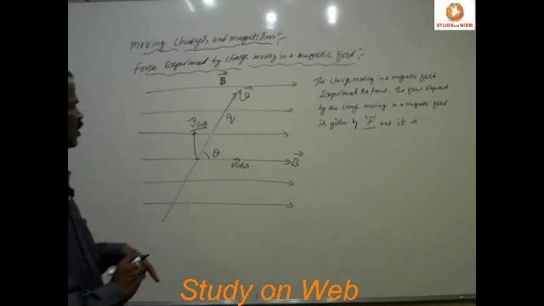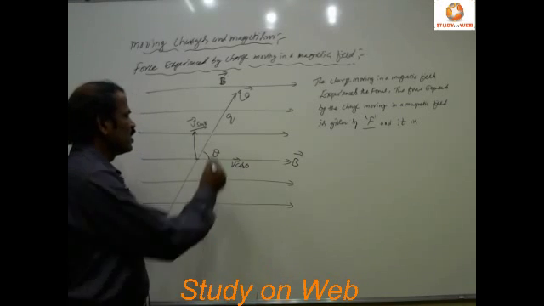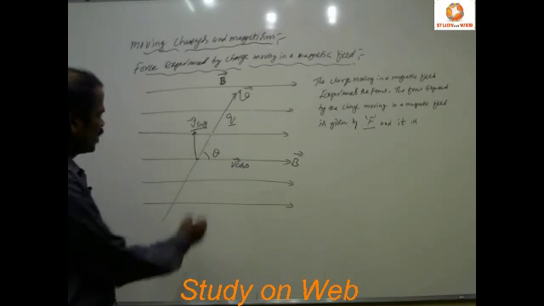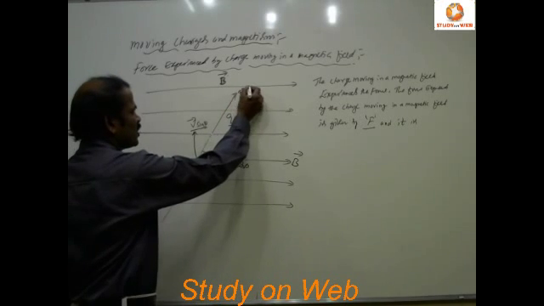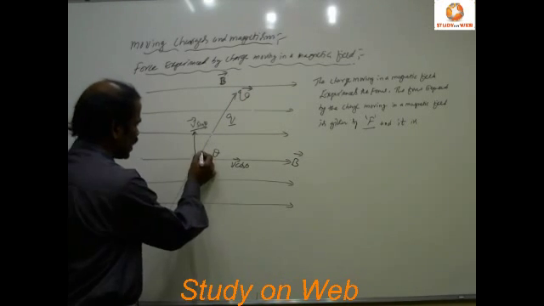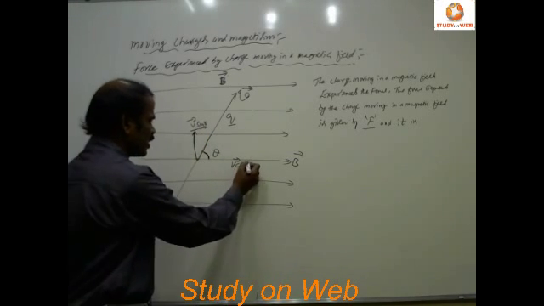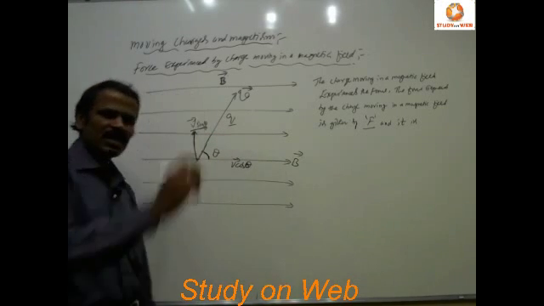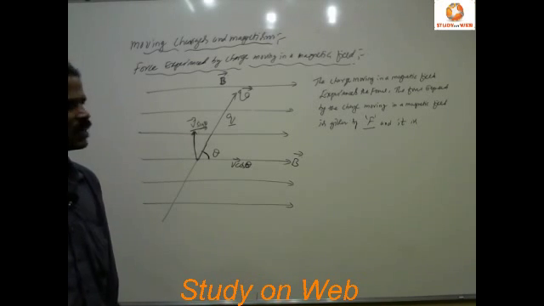try to understand, consider a uniform magnetic field of strength B. Let this be the direction of B. There is a charge Q moving in the magnetic field by making an angle theta. Velocity is a vector quantity, B is a vector quantity, it makes an angle theta. Then V can be resolved into V cos theta and V sin theta, where V sin theta is the component of velocity which is perpendicular to B. Then the charge will experience a force. Then the force experienced is given by